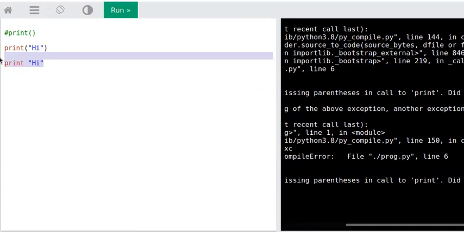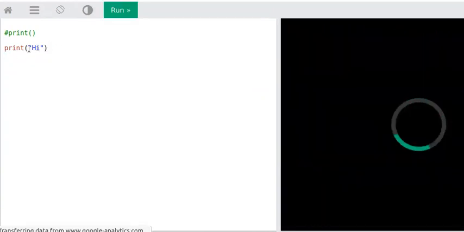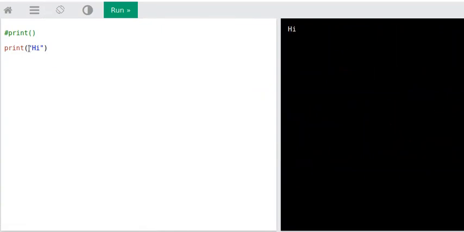So before Python 3, this was the syntax that we used for print. Now print is a function. So you need to have the value that you want to print on the console enclosed within double quotation marks and inside the opening and closing parentheses.